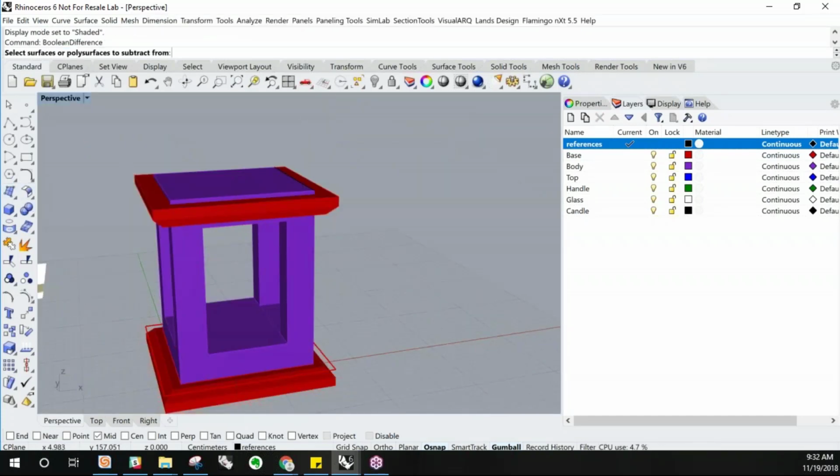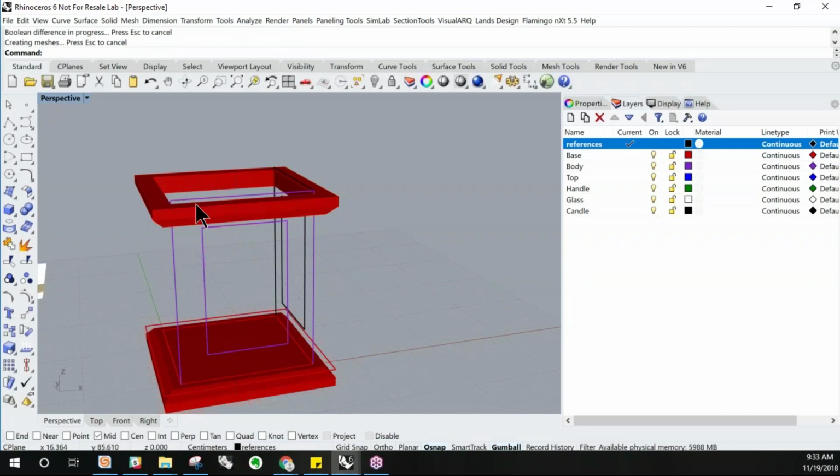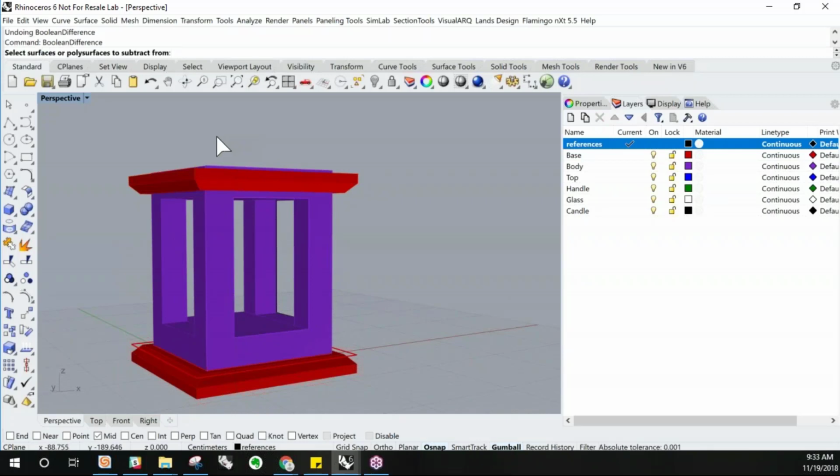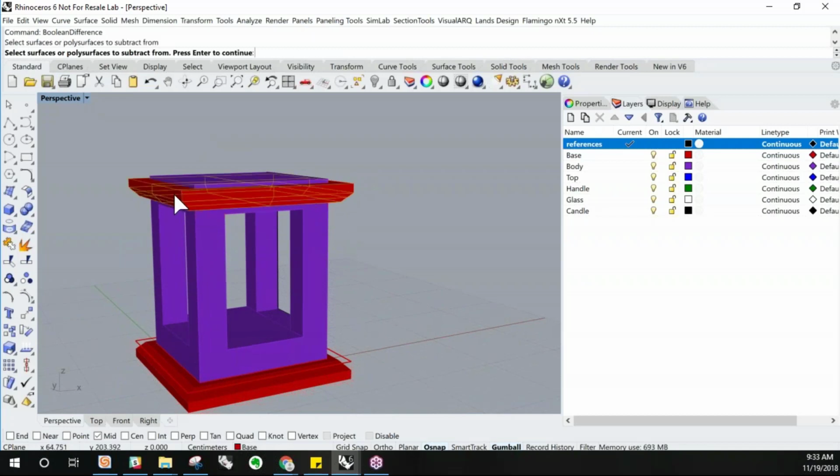So I can type in Boolean difference, select surface to subtract from, oops, Boolean difference, subtract from this red one, and subtract with this purple one. So here's what happened. I'm going to undo this and let's go back to Boolean difference. Select surface to subtract from. I want to subtract from this red one. Subtract with, I want to click on this, but if you look at the top, the command line here says delete input equals yes. Because what it did before, it deleted the input. So I'm going to set this to no, and now click on my